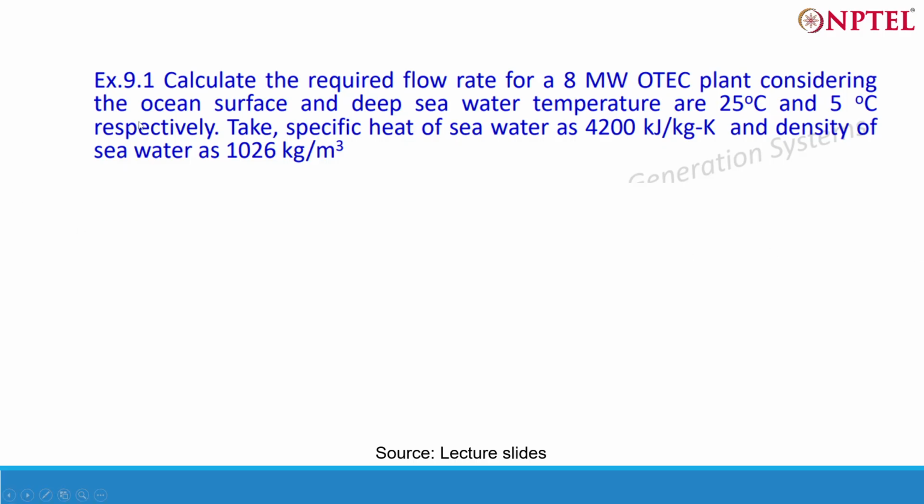Okay, so try to solve this question. All the data are given. So calculate the required flow for an 8 megawatt plant. So you have got the power output 8 megawatt, and then considering the ocean surface is 25 degrees Celsius and deep sea water is 5 degrees Celsius, you can get the thermal gradient. Then take the specific heat of water, and density of water is given. So it's just a formula based question. You just have to apply the formula and then generate the required answer of the required flow rate. Okay, so